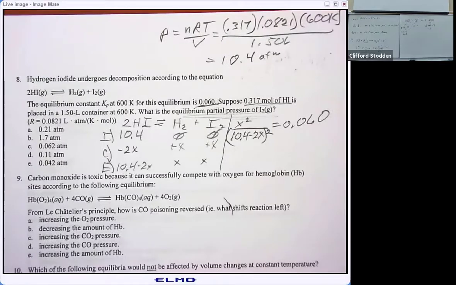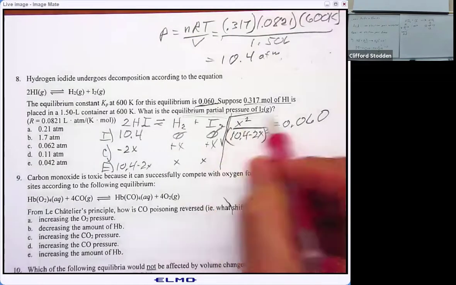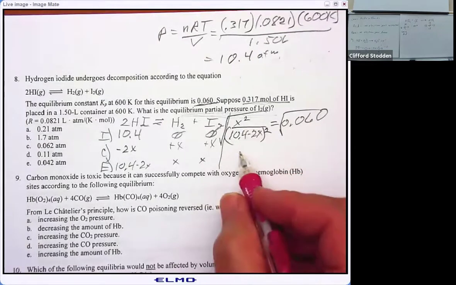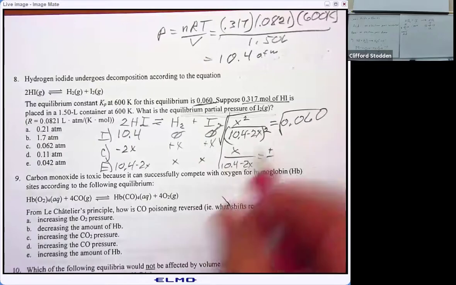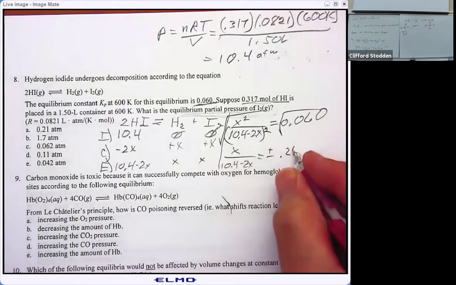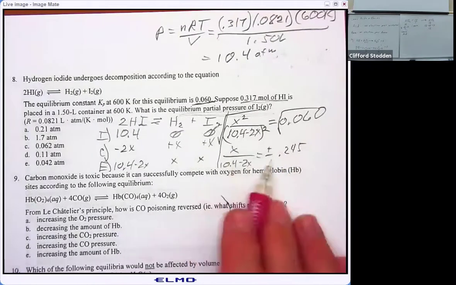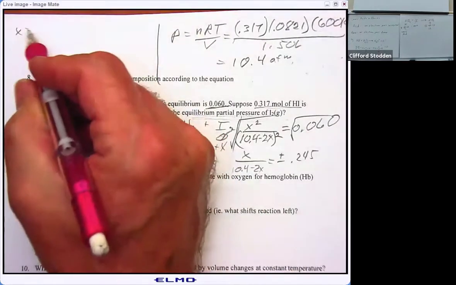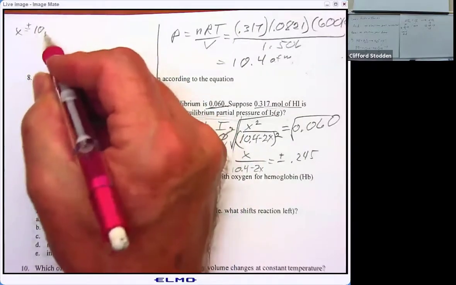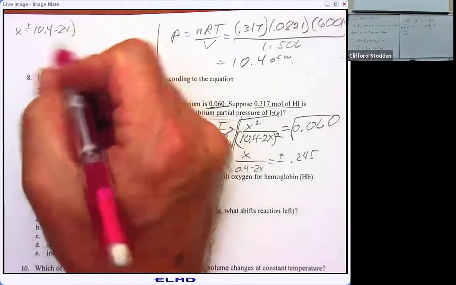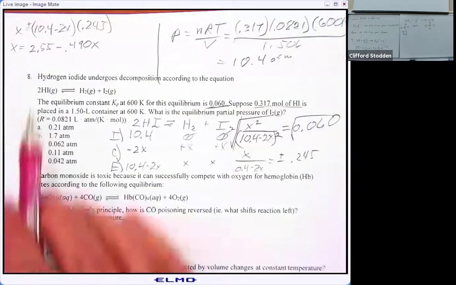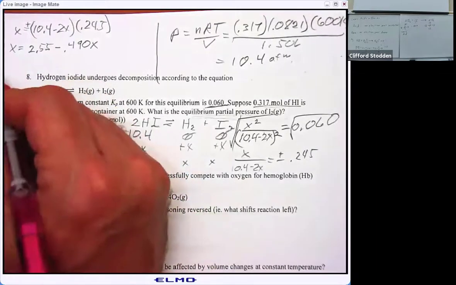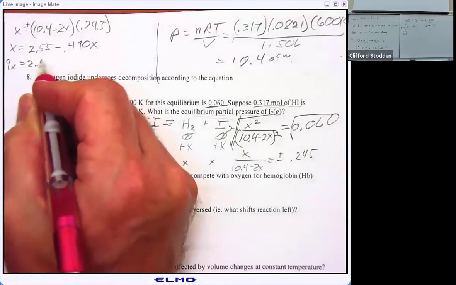Now this is one of those that fortunately turns out to be a perfect square on both sides. So we could take the square root of both sides as our simplifying step on this one. So that means this would become just x over 10.4 minus 2x equals plus or minus the square root of that, which is 0.25. Okay, so we can get two solutions there. So our x, if we use the plus, would be 10.4 minus 2x times 0.245. Okay, and then if I bring the 0.49 to the left, I get 1.49x